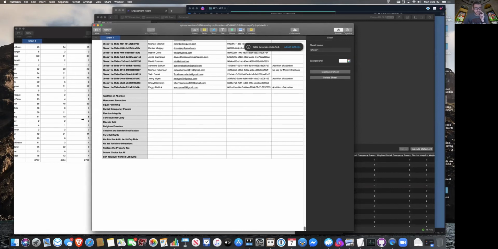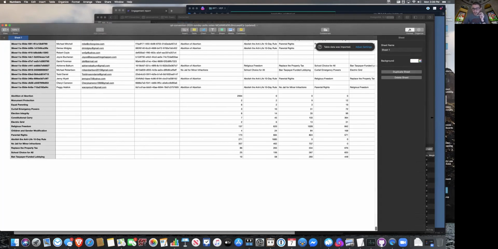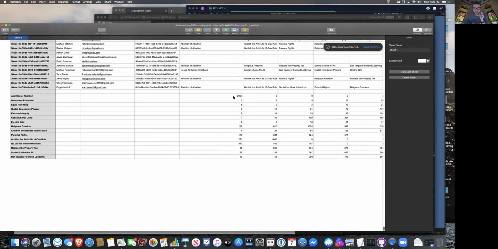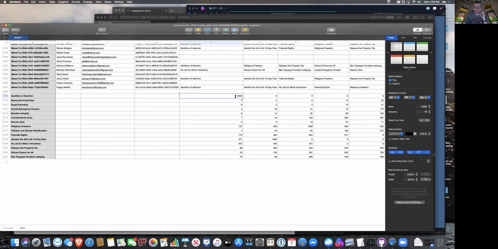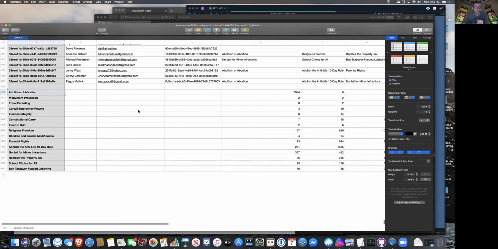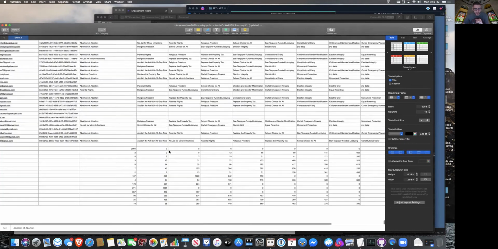So what I essentially did is took the original hard coded table that I built y'all with the names and the access codes, and I just did a simple COUNTIF query. So COUNTIF E2 to E5267 equals this,